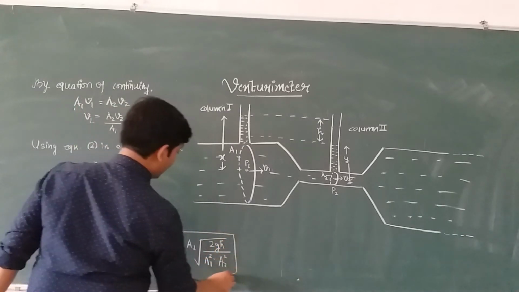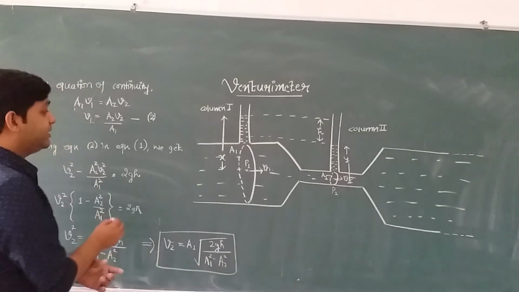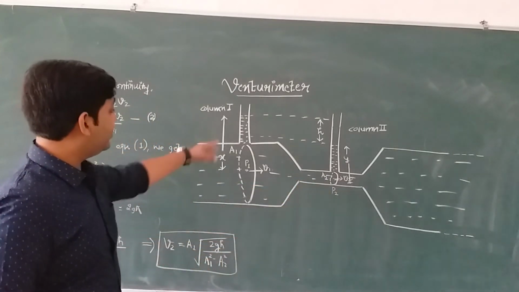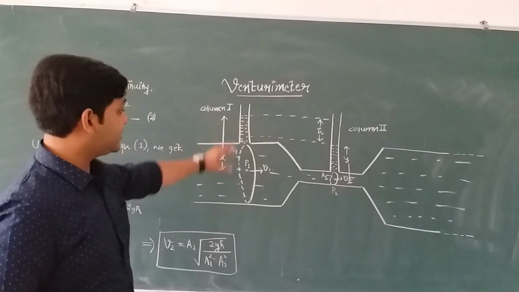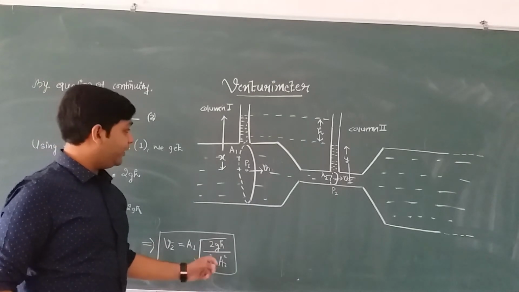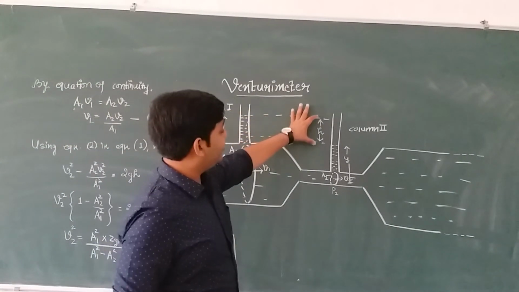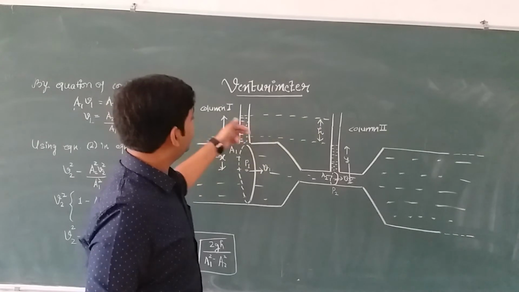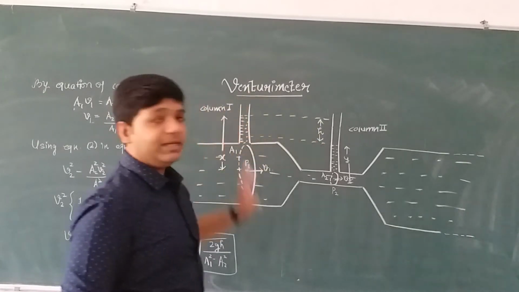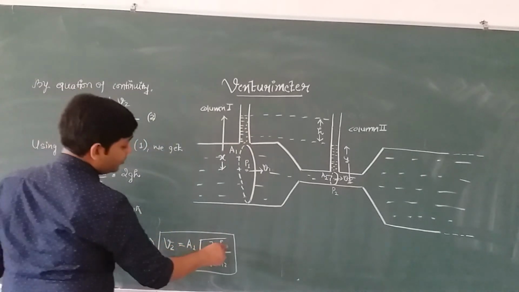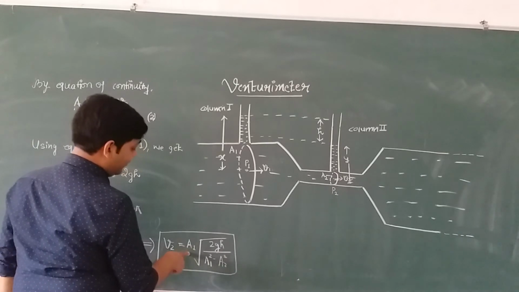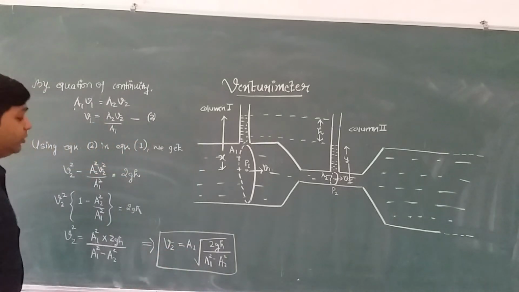So this is how we can calculate the velocity at cross section area A2. We can easily calculate the value of A1 and A2 externally. ठीक है? अब हमें A1 और A2 पता है and we can easily calculate this difference in height also. There are measuring marks on these two columns and we can easily calculate the value of h. So by substituting the value of h and A1 and A2 here, we can easily calculate the value of V2.